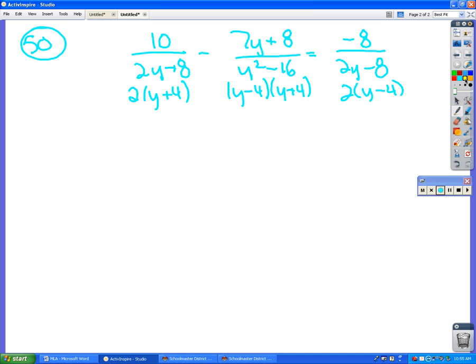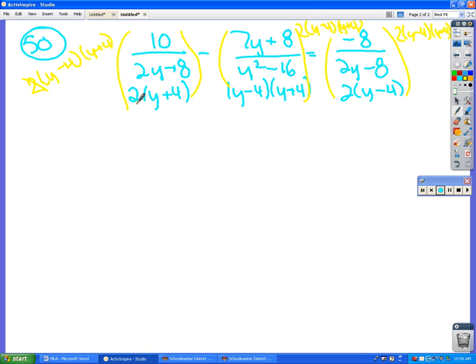So now, to get everything on the bottom to cancel, what do I have to multiply everything by? Good. 2, this is the big one. 2y minus 4 plus 4. And this one is also by 2y minus 4, y plus 4. And this one is 2y minus 4, y plus 4. Okay? So if I start over there on the left,